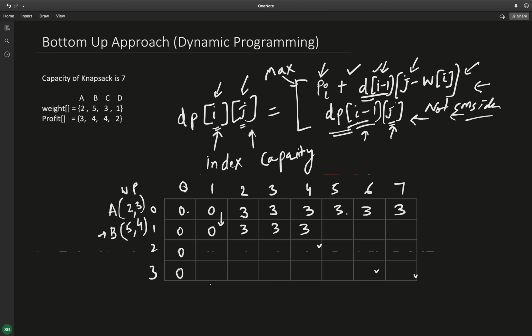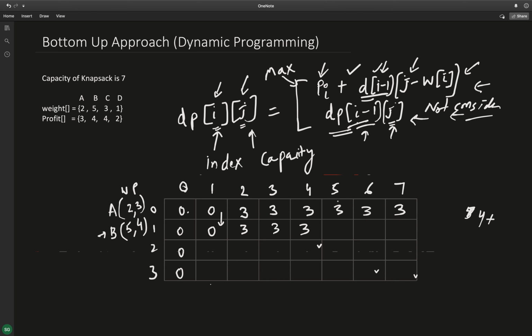Now comes to this cell 5. Here I can put this item B. So after putting this item B, the profit that I will get is 4 plus, now the remaining capacity of the bag after putting this item is 0, right?